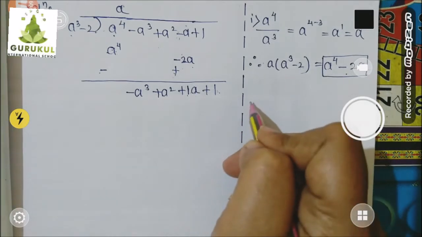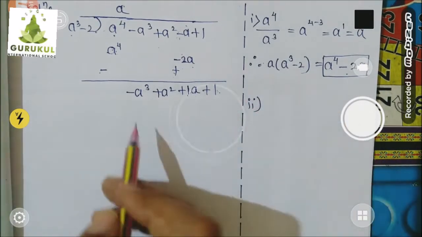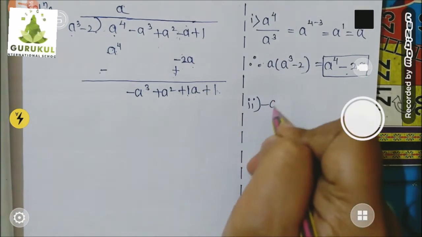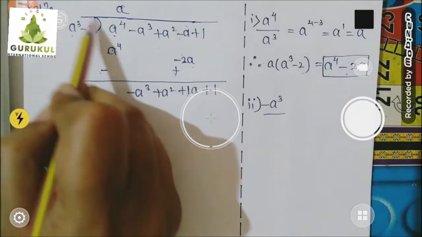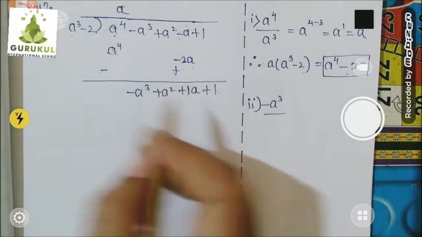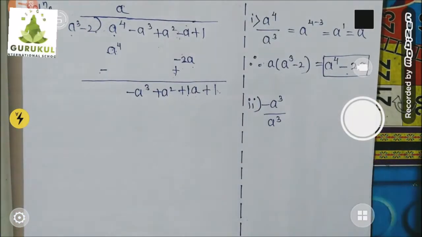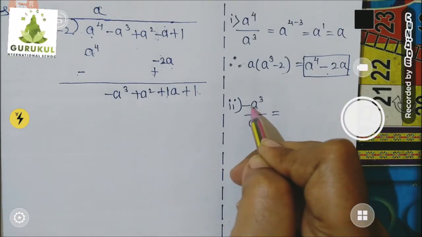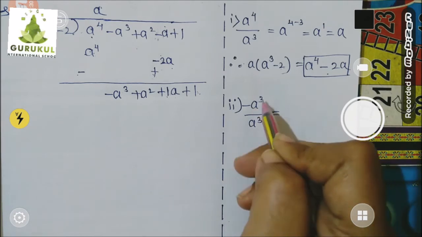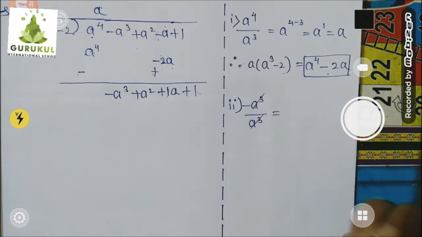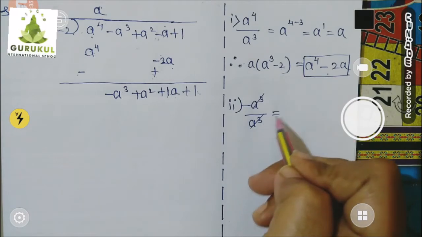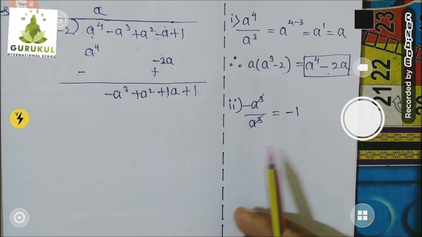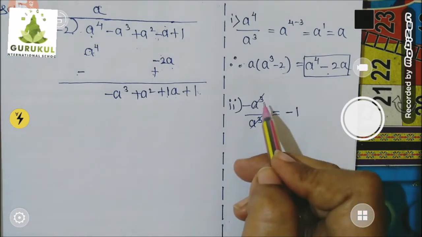So let's start. So second step in explanation. Which term contains highest power? Minus a cube. Take it for division. Divided by which term contains highest power? A raised to 3. So that you take it for division. Now only minus a cube means it is minus 1, children. Okay. And a cube you can cancel over here. Okay. A raised to 3 ones are a raised to 3. So which number is left over here? Only minus 1. Okay. Or else you can apply law of indices also.